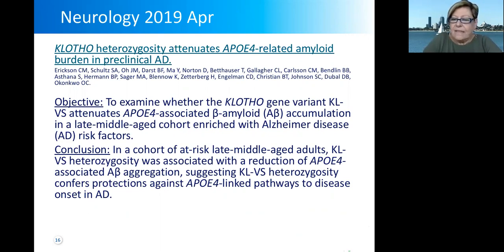Klotho has a number of polymorphisms, and one is in the coding region. One is called Klotho VS, or KLVS, because 2 amino acids are changed into a valine and into serine. So it's called Klotho VS. And these authors discovered that people